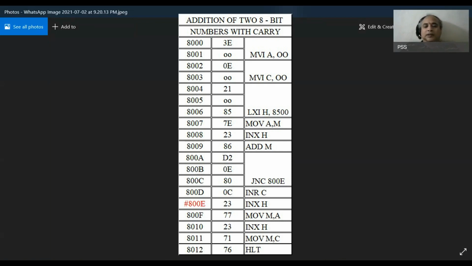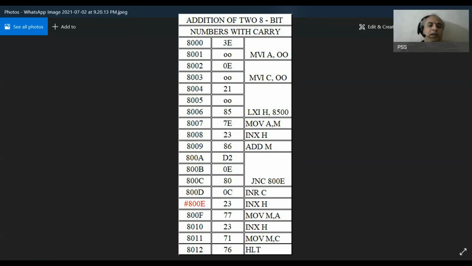Now in the next step, we have used the instruction LXI H, 8500. By using this instruction, we load the memory location 8500. Then we use the instruction MOV A, M. What will it do?